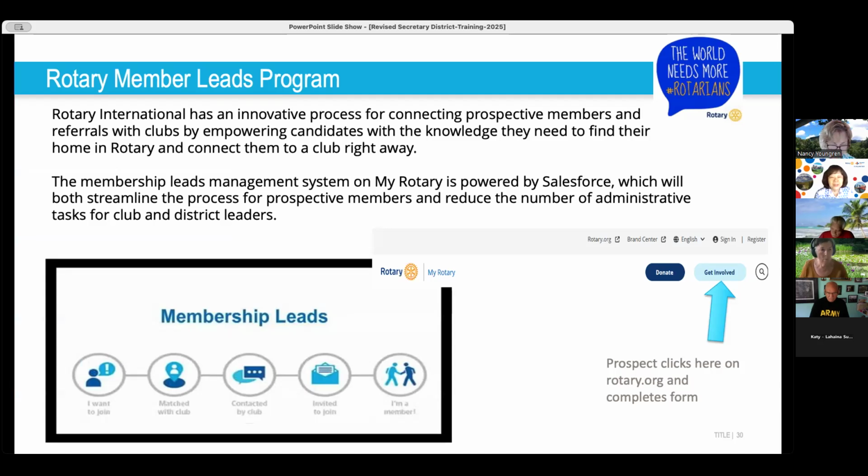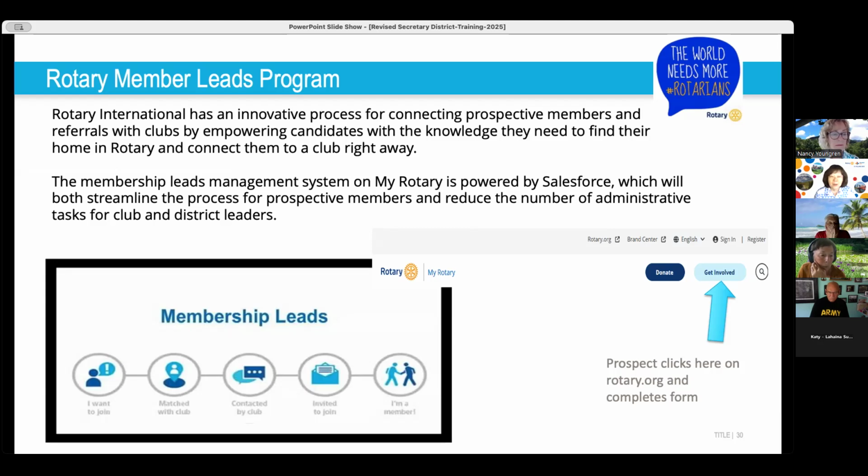Okay. So when people are interested in Rotary and they want to get information or join a club, they would go to Rotary International. There's a button on the homepage that says Get Involved. When they click it, they will say what they're interested in, what area, what time of day, and then it used to go to the district, and the district would send that lead to the club. They're making this change so that the lead will go straight to the club. So the person needs to know when you're meeting, what your club is like. And then if they select your club, that's where your secretary or president would get an email that says this person is interested, please contact them.